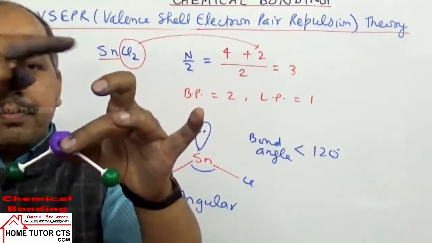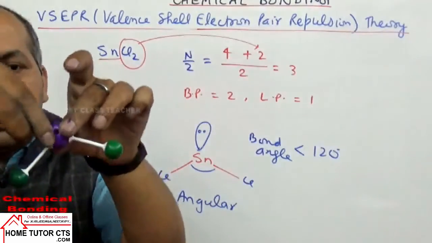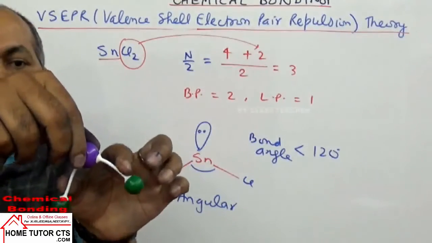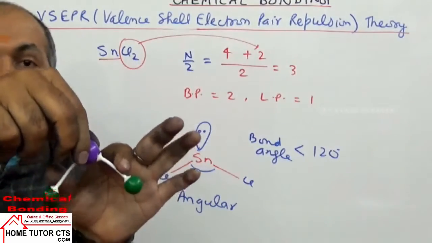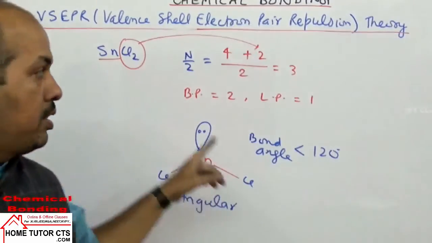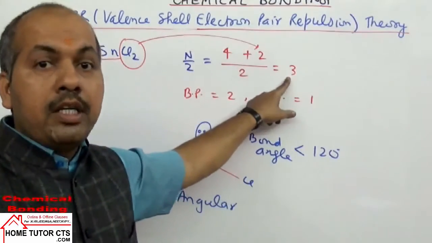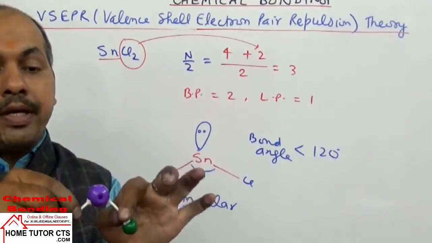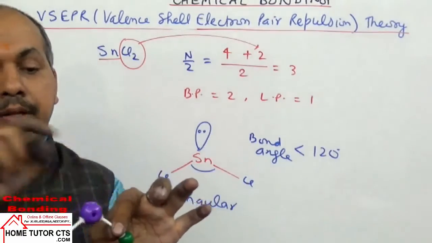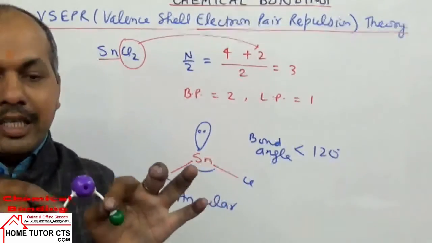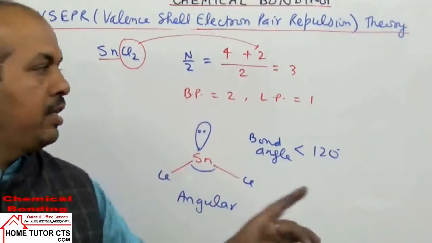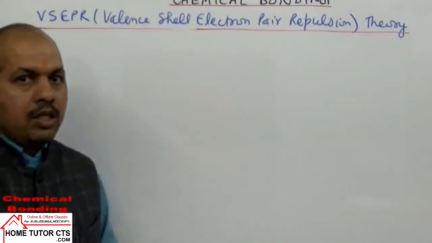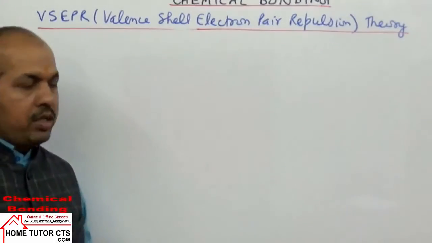We have got a lone pair here. That lone pair will push the bonds to come closer. So what happened to the bonds? They will come slightly closer. So the bond angle becomes less than 120 degree, which was expected for this n by 2 = 3 geometry, triangular planar. But since the lone pair causes more repulsion on the bond pairs, which have less repulsion, the angle will decrease slightly. The angle will be less than 120 degree in that case. So from here we got one more point.